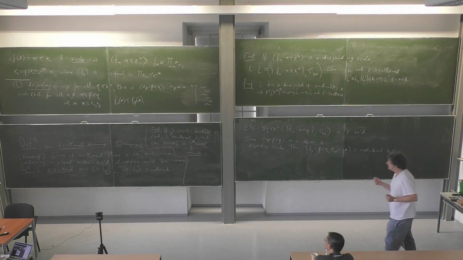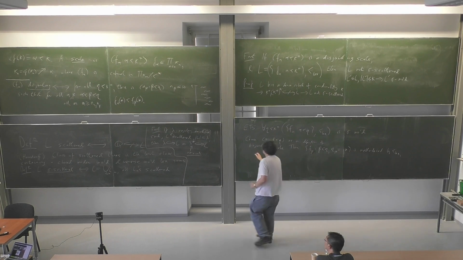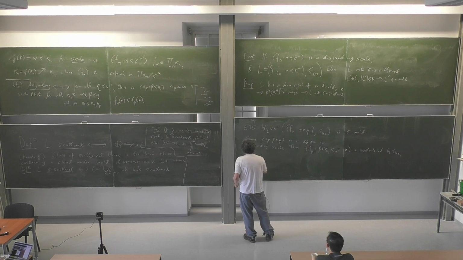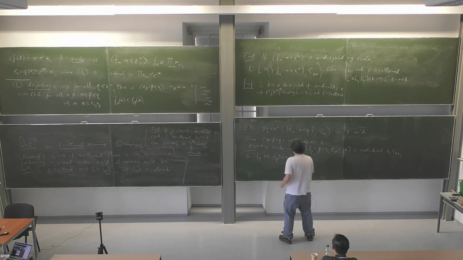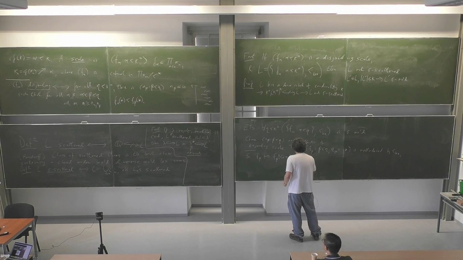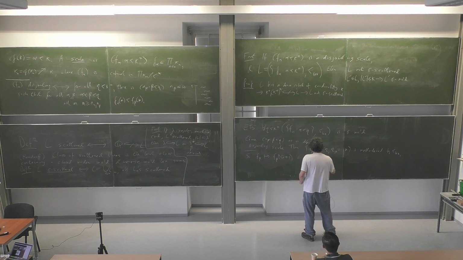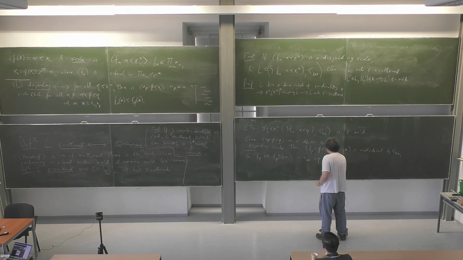So now the point is, if I map f beta to f beta restricted to n plus 1, this is a Lex order preserving map